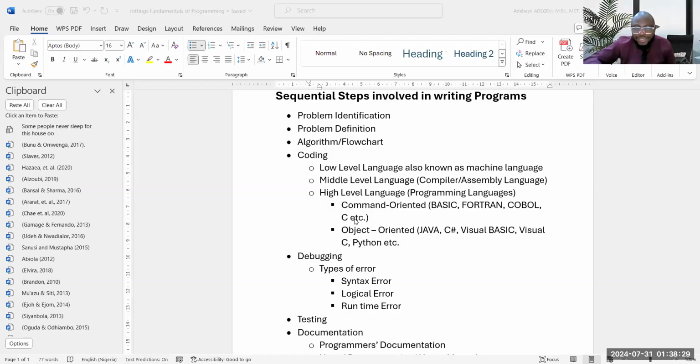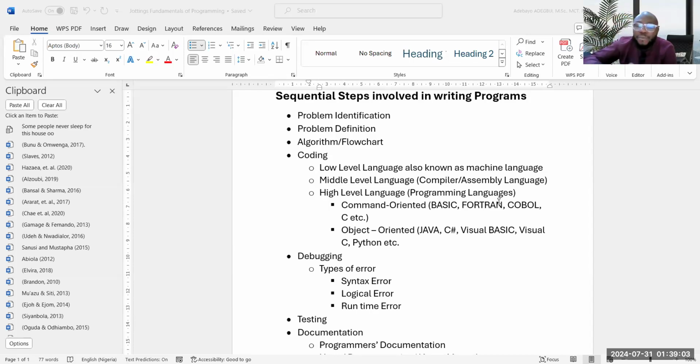All right. Having done our flowcharts or algorithm, as the case may be, the next thing is coding. Coding is where the real programming takes place. That is where you write the list of instructions in a specific selected language, because there are several languages. Then you get it across to the computer, it executes it and gives you back your feedback, your answer, provided there is no error.